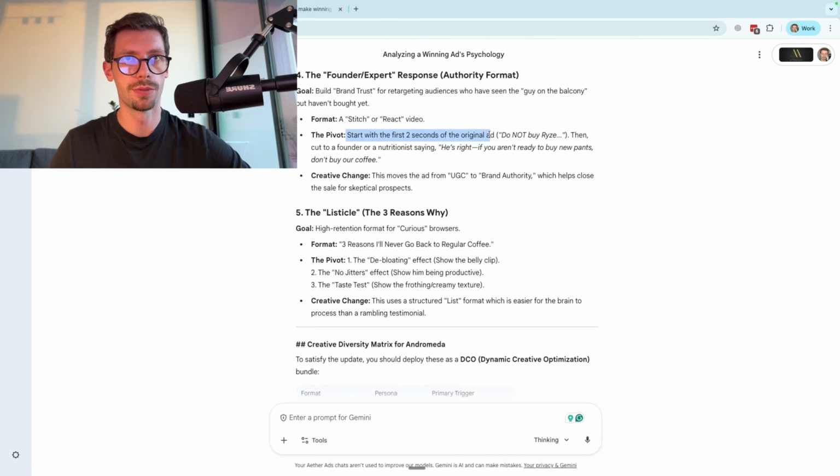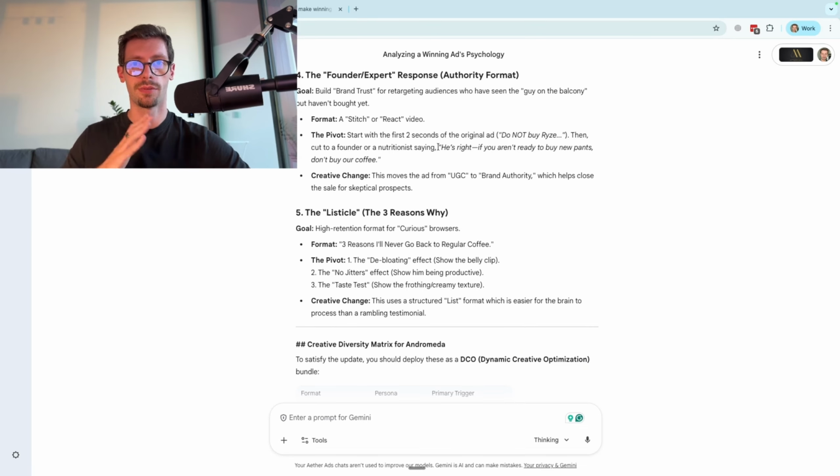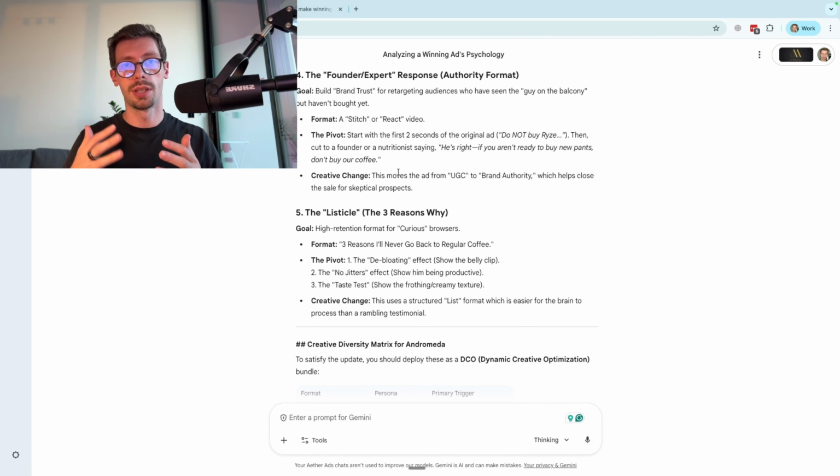So here we take the proven hook, but continue in a different way that will of course convince another audience and optimize for another audience. The idea would be that the authority figure or founder then speaks about how it actually works while showing visual proof, ideally even from multiple people, because if it's the founder, they have of course the footage available from many people, not just one person. But this would still take the negative framing together with the visual proof and package that into still one video.